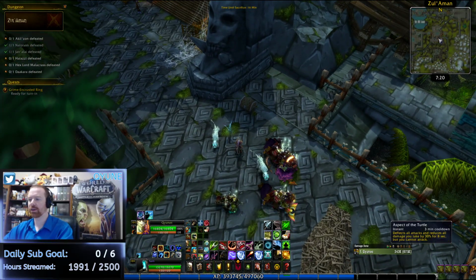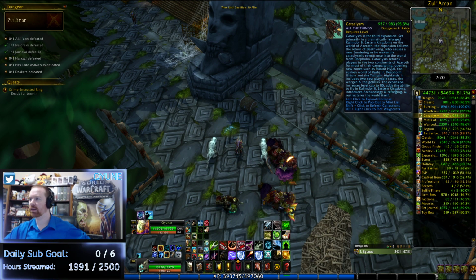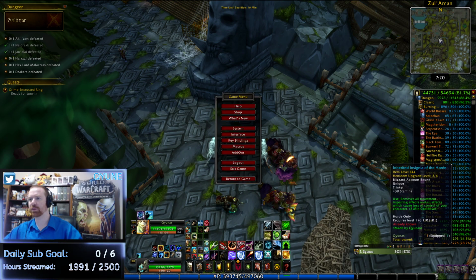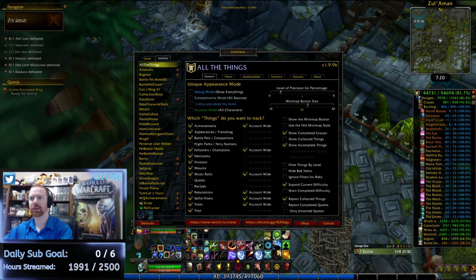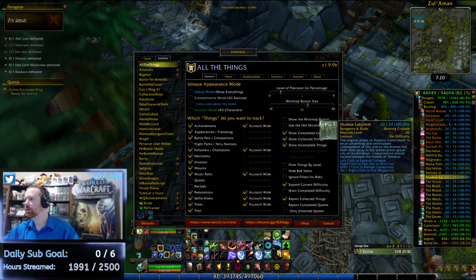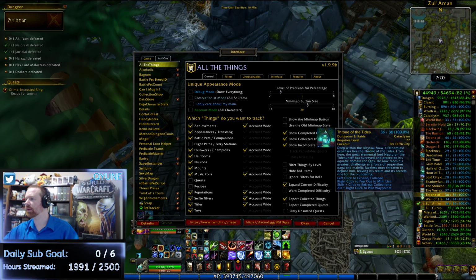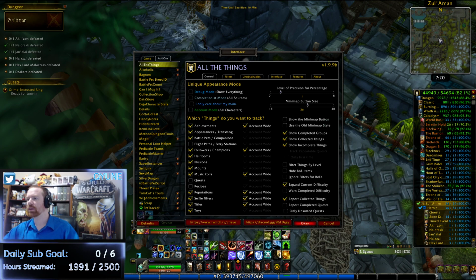Initially, if we look at all the things, so if I pull this up on this side, we are in Burning Crusade. I might have to change my settings real quick. Let's go to add-ons, all the things, and go into show collected things. I said Burning Crusade, didn't I? I think I meant Cataclysm. Alright, so within Cataclysm,